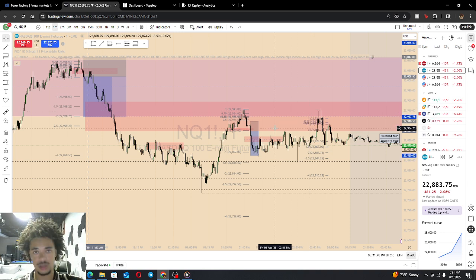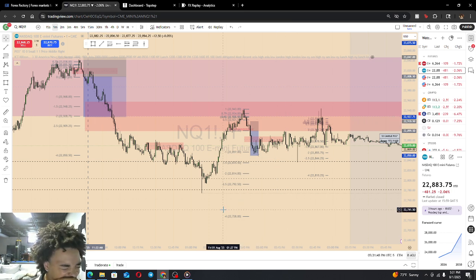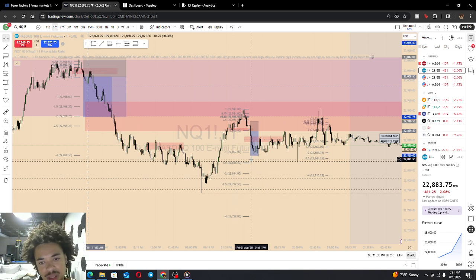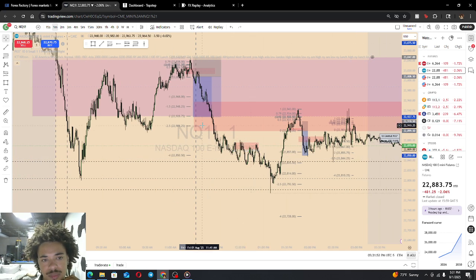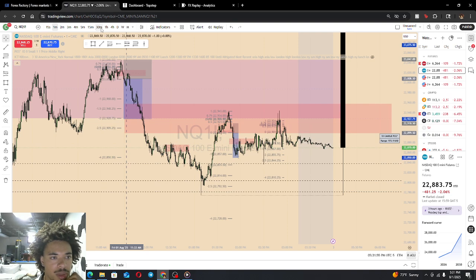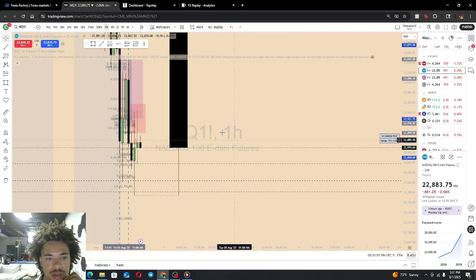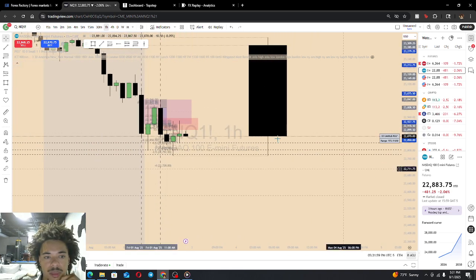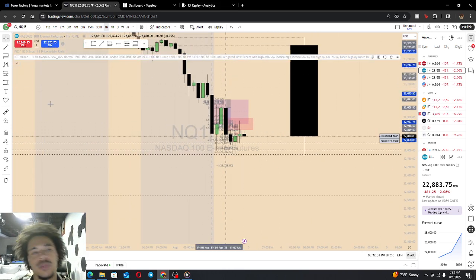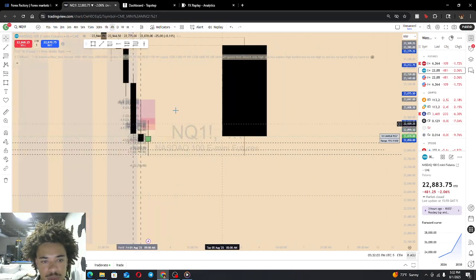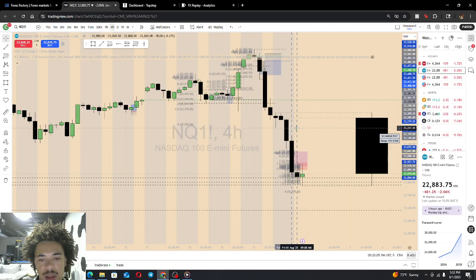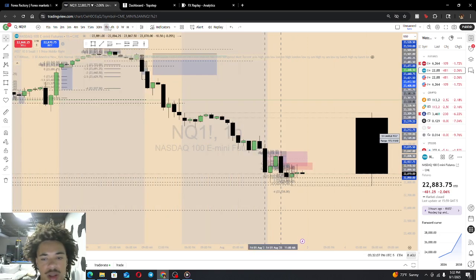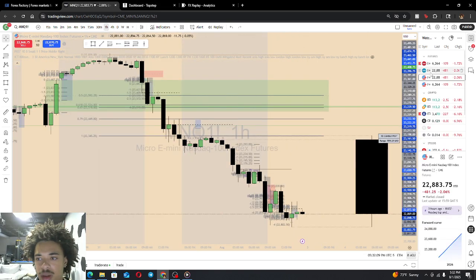I backtested like 3 months of this last night. And I'm going to have to backtest more. But god damn, I'm super confident in this strategy, especially with the higher time frame continuation because, dude, market structure wise, if you look at the 1 hour, 4 hour was super bearish too. Yeah, like if you look at these, there's no way that you take buys